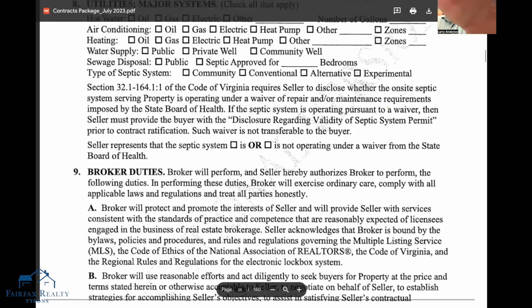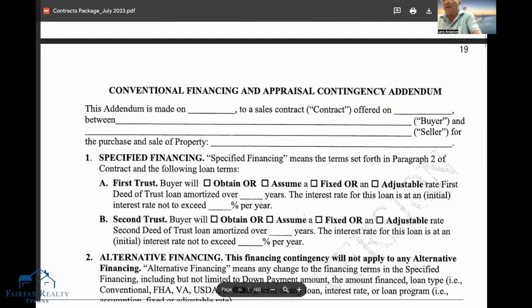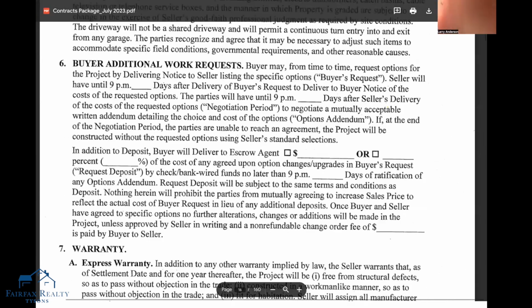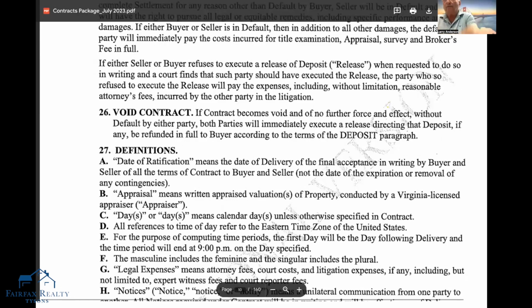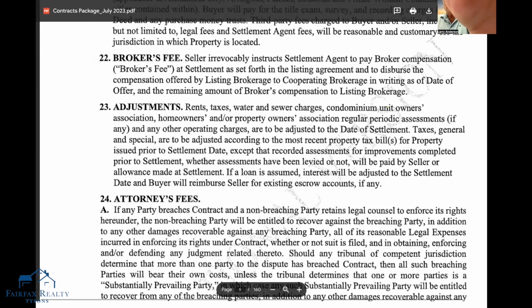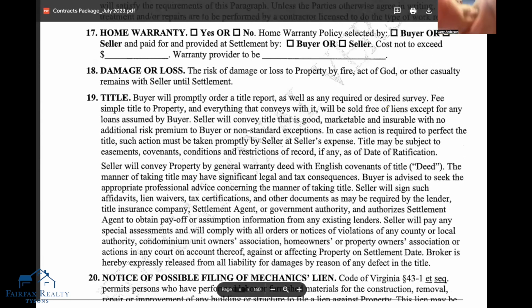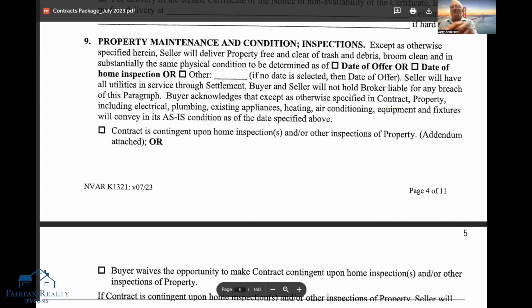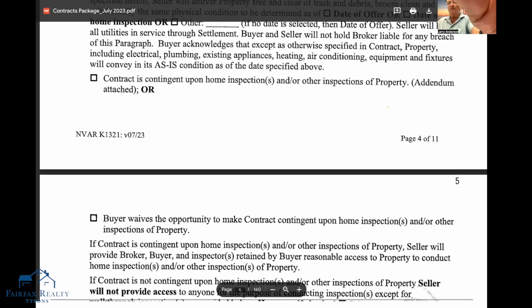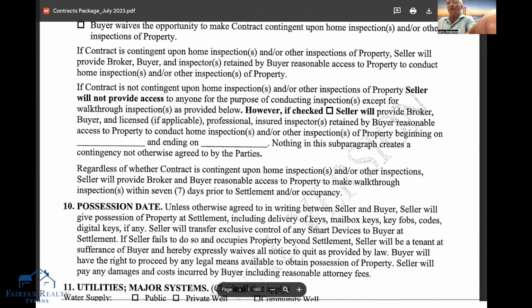Now I want to real quickly visit paragraph 9 again. We talked about it in great length 2 weeks ago, but let's talk about it here, just to make sure we're on the same page as to this walkthrough stuff, okay? So everything comes in as this condition, as of the date specified above, so date of home inspection, okay? And then it says here, okay,